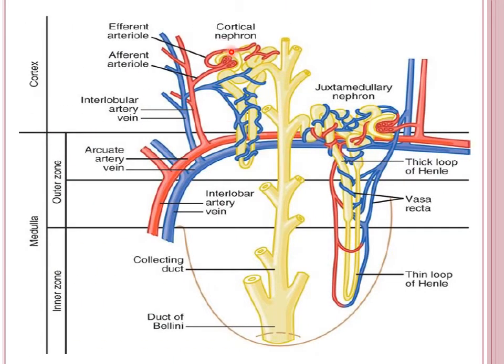Now this picture shows the peritubular capillary and the vasa recta. You can see this is the arcuate artery that will divide into the interlobular artery. Then here is the afferent arteriole that will enter the Bowman's capsule, that is the glomerular capsule, where they make the tuft of a glomerular network, and then that capillary will exit as an efferent arteriole, and that efferent arteriole either continues as the peritubular capillary.